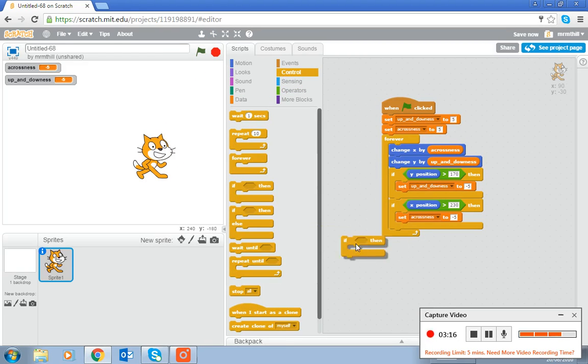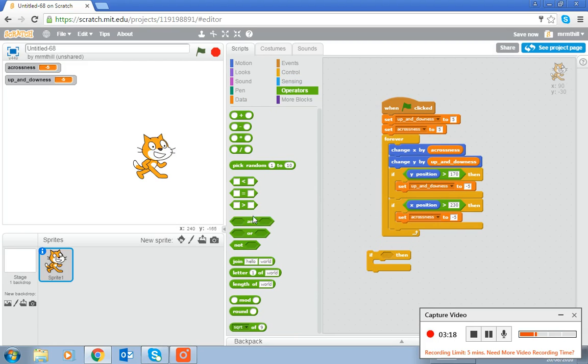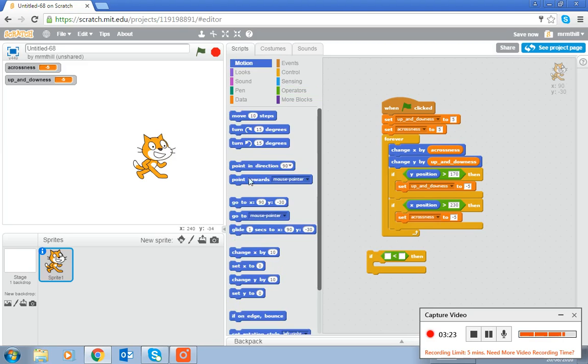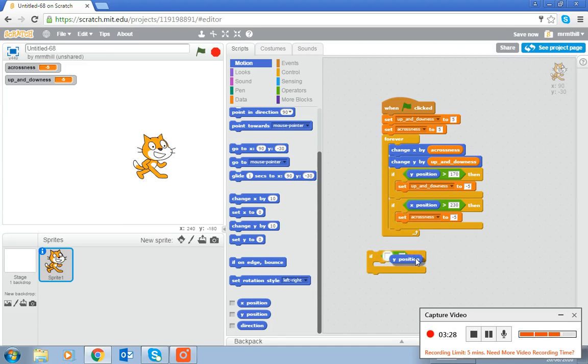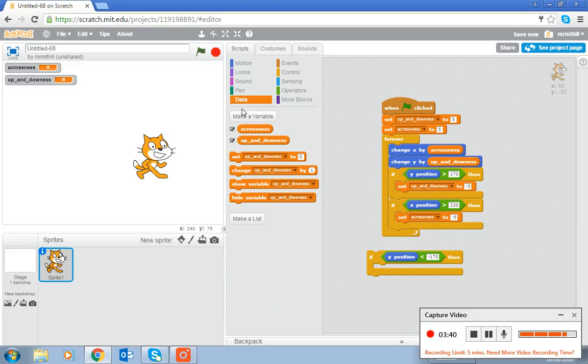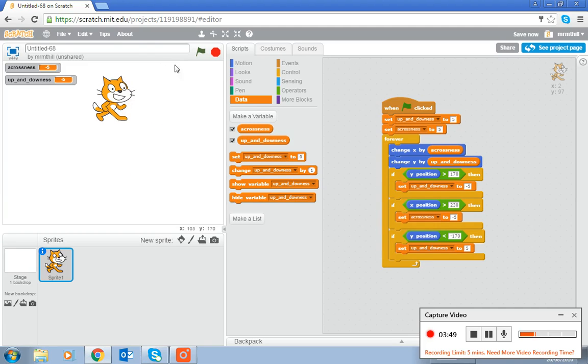Two more collision detects. I need to say if the y position becomes less than. So if the y position is less than, this time I'm using less than, because I want to know if the sprite comes down off the bottom of the screen, is less than -170. Then what I will do is I will set up and downness to +5. And I'll place that inside my loop. Run the program,